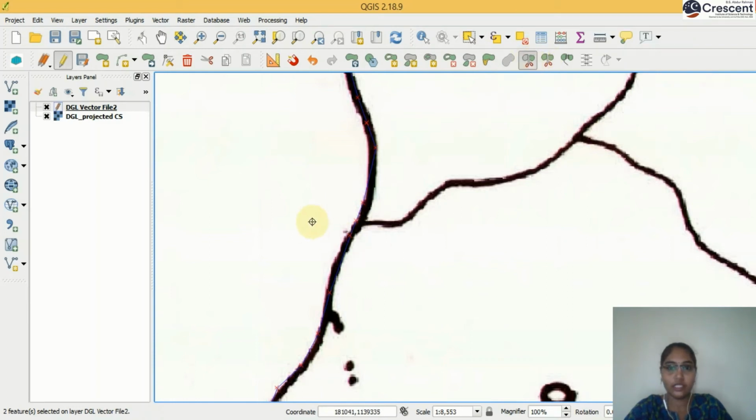Split features. Start from here. The same thing, if you wrongly press a point, you press the delete button, and the last point will be deleted.